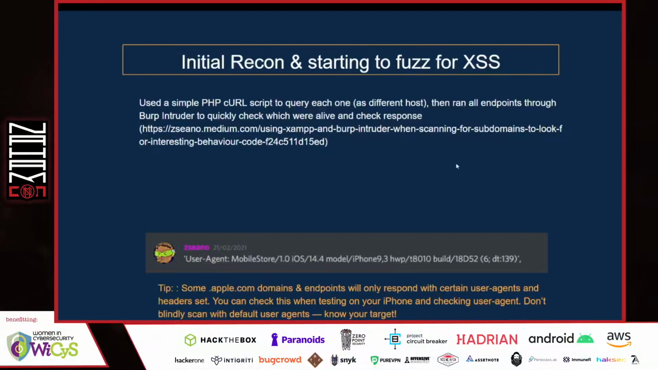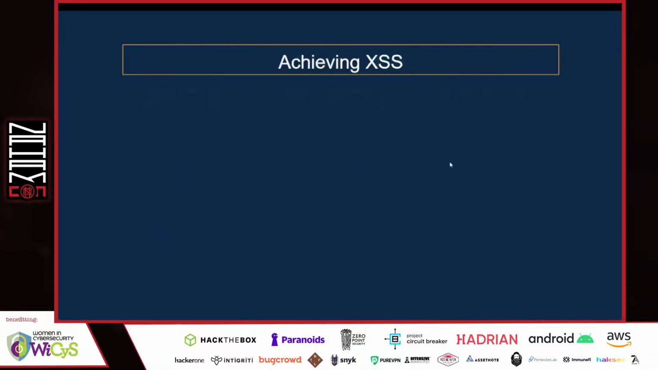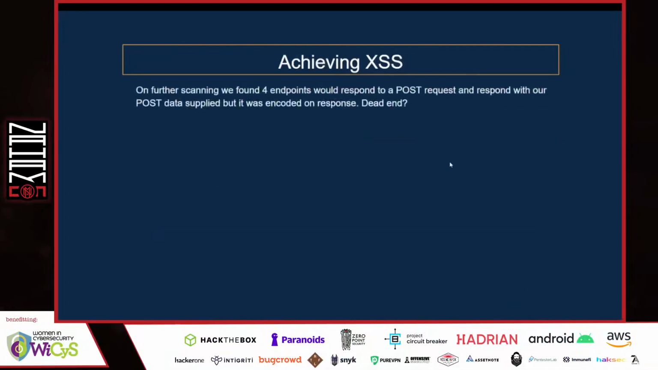So with Intruder going, one endpoint responded with an error expecting a post request. It literally said, error, expecting post request. That's interesting to me, let's check it out. On further scanning, we actually found 4 of these endpoints were responding to a post request. And we tested it a little bit more, and whatever post data we gave it, it would